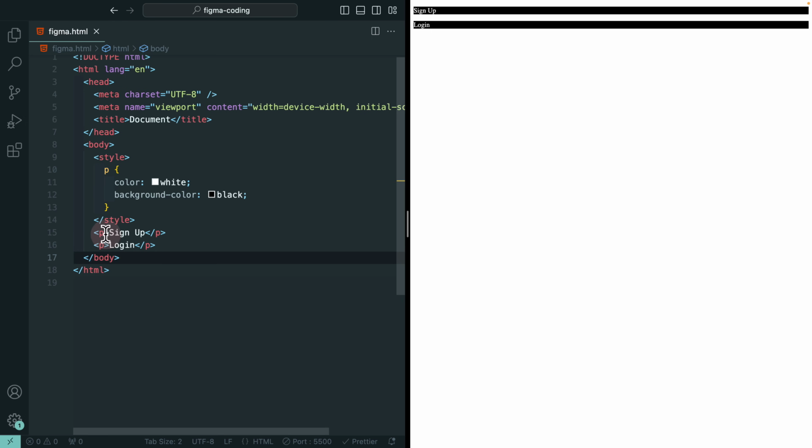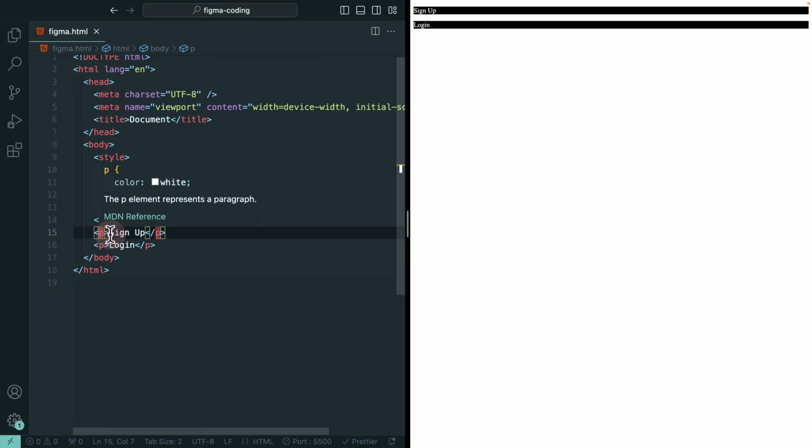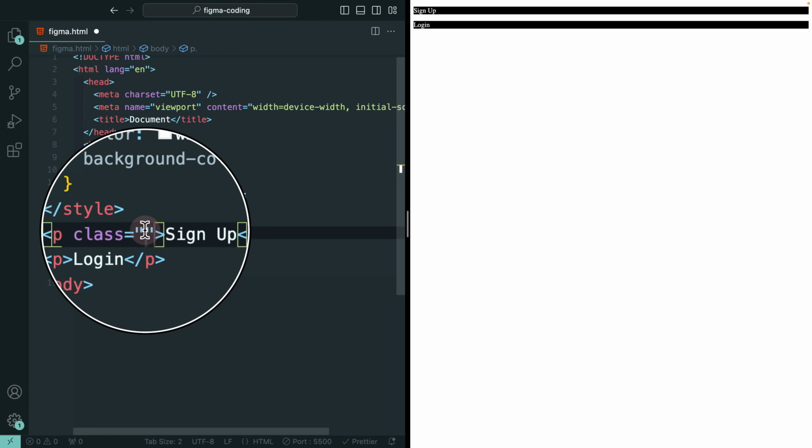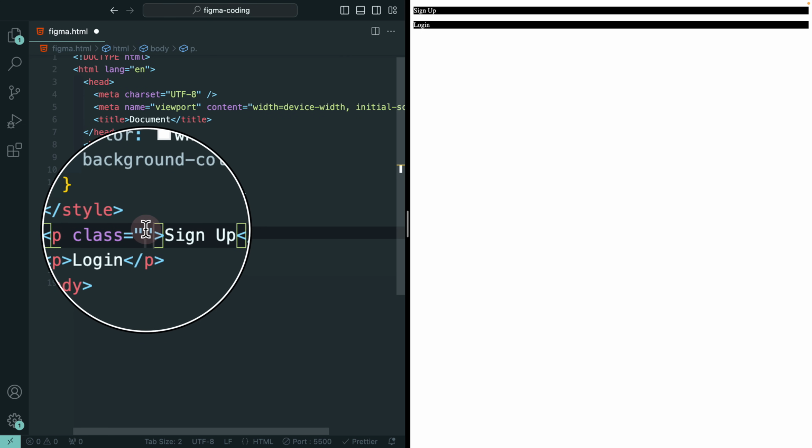So all we need to do right now is go to our sign up, and if I try to zoom in, here you see we have less than sign, P greater than sign, and in the beginning, which is the opening tag, we add a space and we write the keyword of class. As soon as you write the class, Visual Studio Code would give you the suggestion. So if you click on it, it auto generates the equal sign, opening quotation mark, and closing quotation mark. And as you can see, the